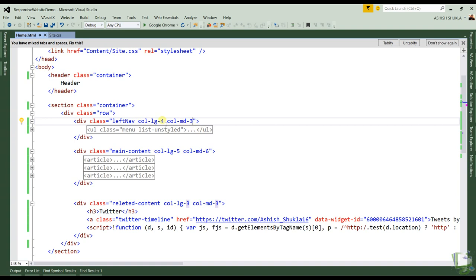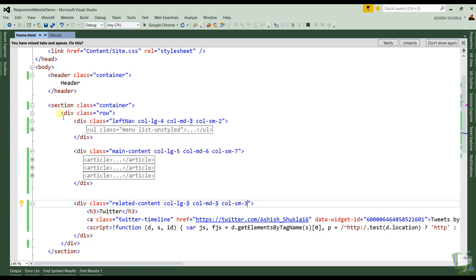Let's also define the layout for the small screen, and for small screen let's set it to col-sm-2, meaning we want our left navigation to take 2 columns, and our main content will take 7 columns. So let's define col-sm-7 for the main content, and our related content to take 3 columns for the small devices.